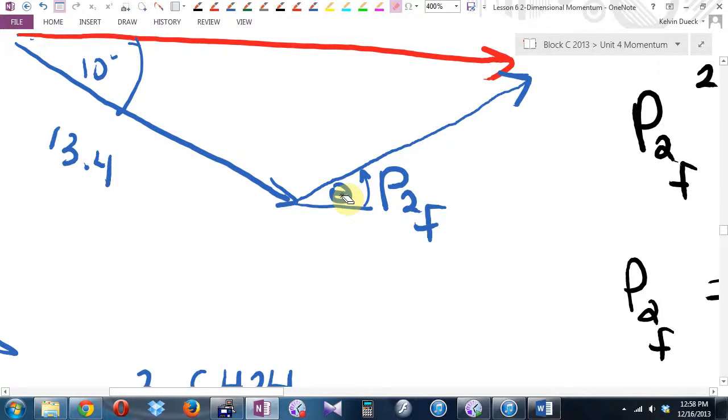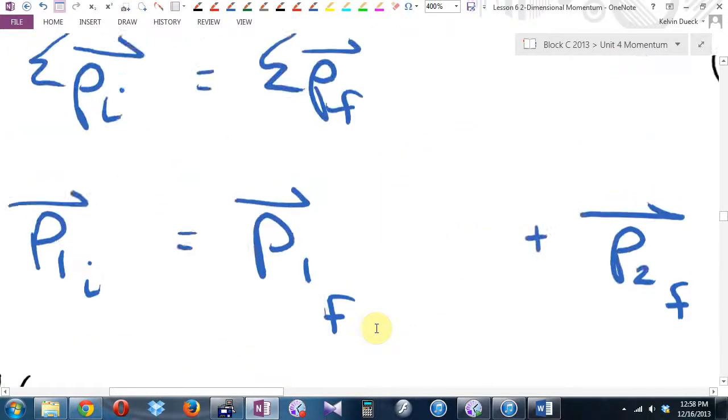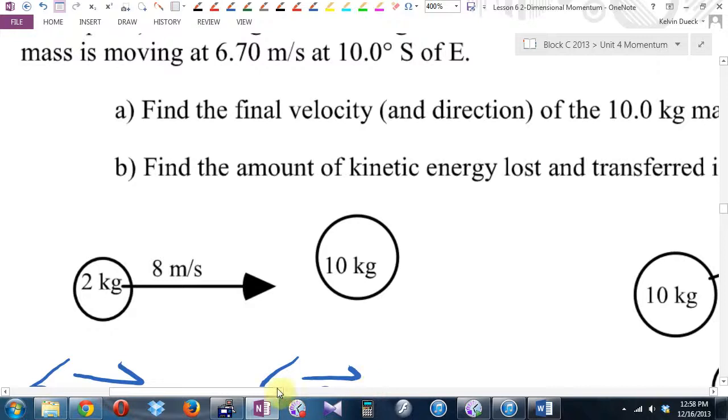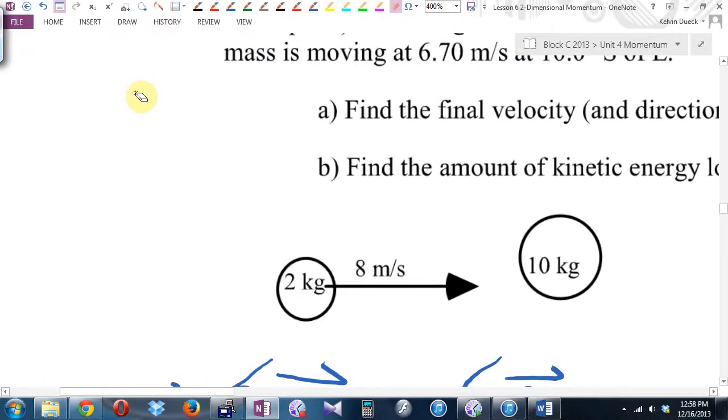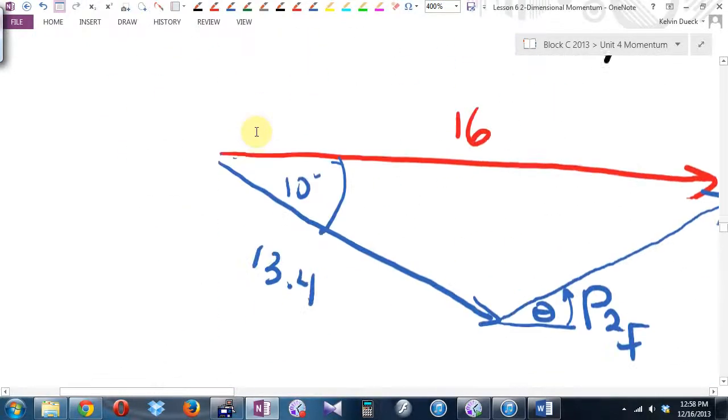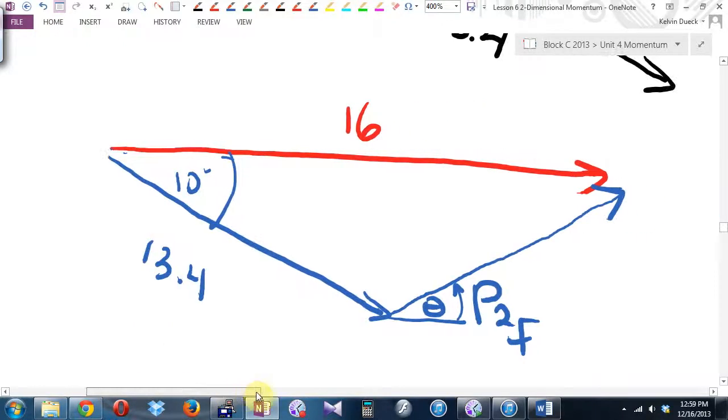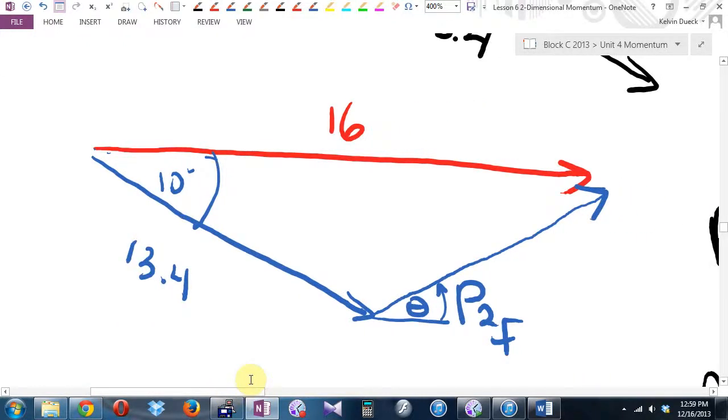North of, you know what, Mr. Dueck? You forgot to do a little compass rose, didn't you? Yes, I did. So let's do that right now. North, east, south, west. Should have done that right away. Let's go back here. I think it's going to be north of east. Now, here's the problem. Is that angle in my triangle? No. However,